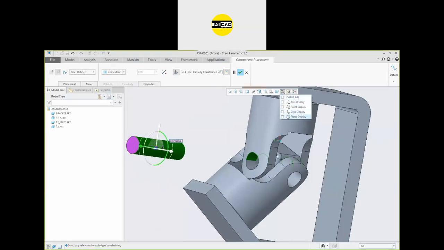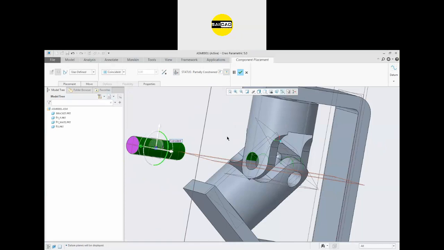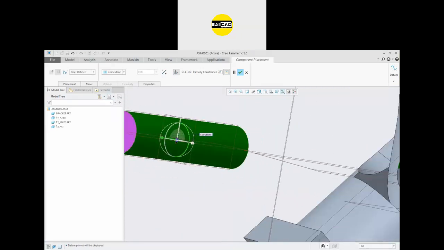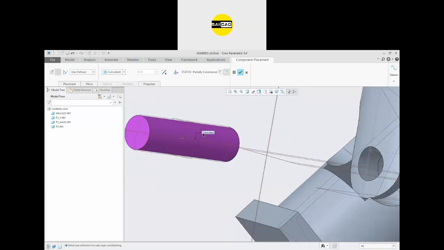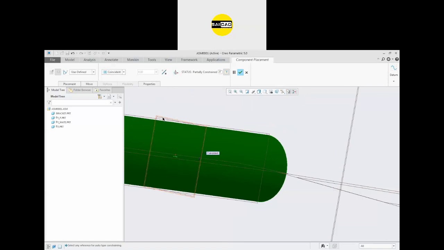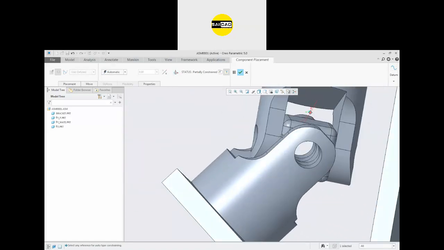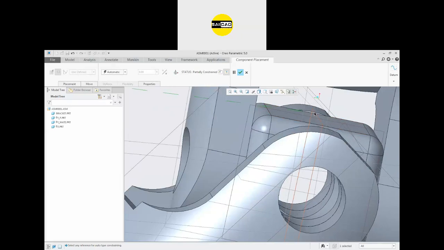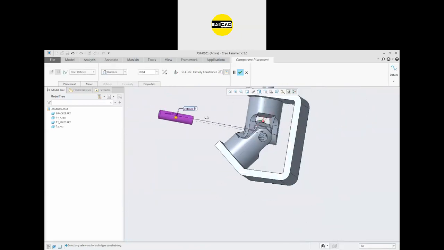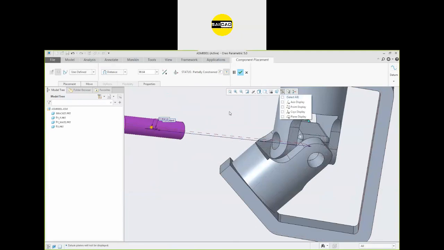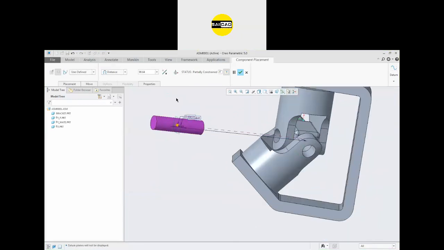For that I'm going to show the plane from here. Okay, so we have a plane. You can just turn the dragger off also, this one also from here. Okay, so I'm just going to select this plane, that this plane should be in relation to this object, the internal object, and the plane of the internal object is somewhere here. So right now the relation added from plane to plane is distance. I'm just going to make it coincident.